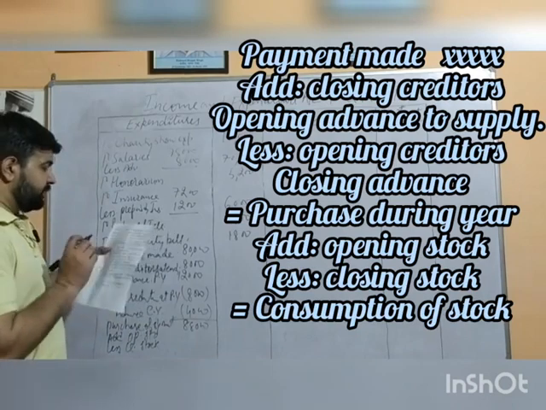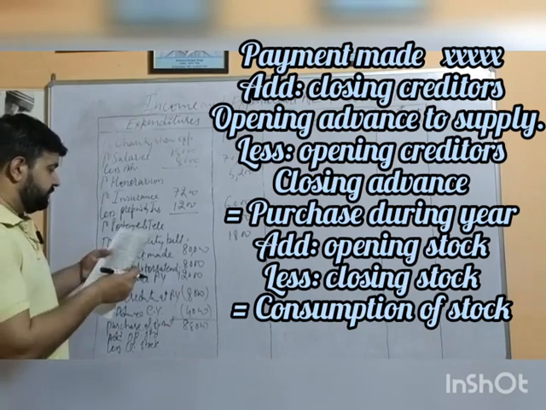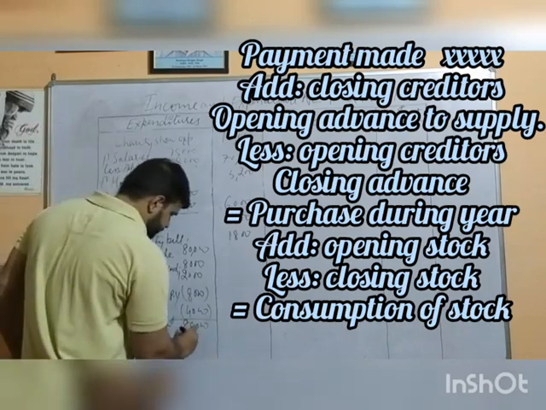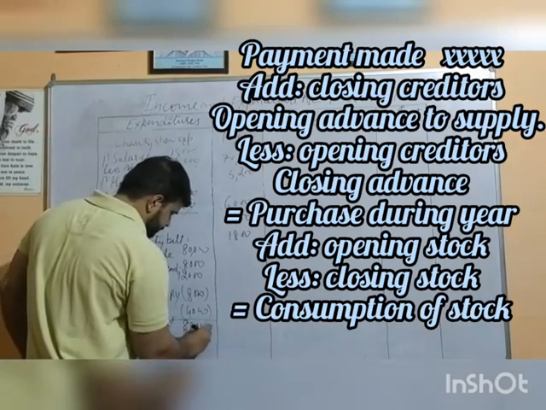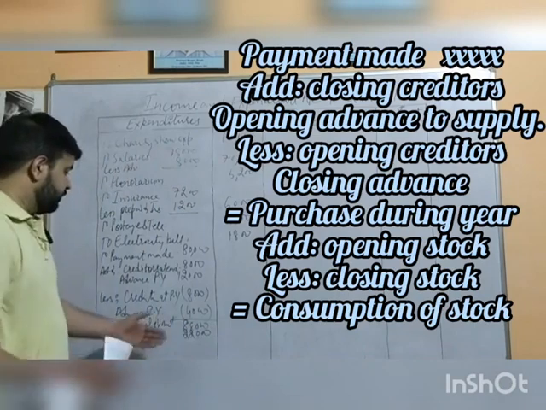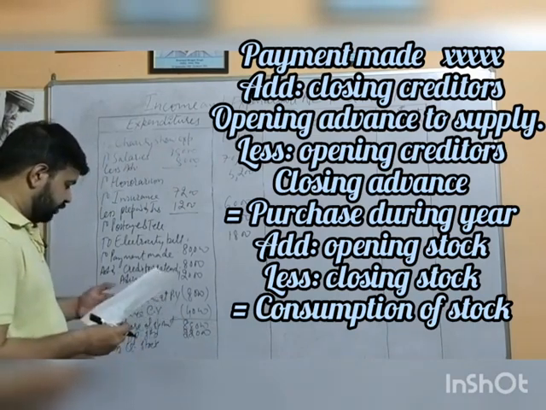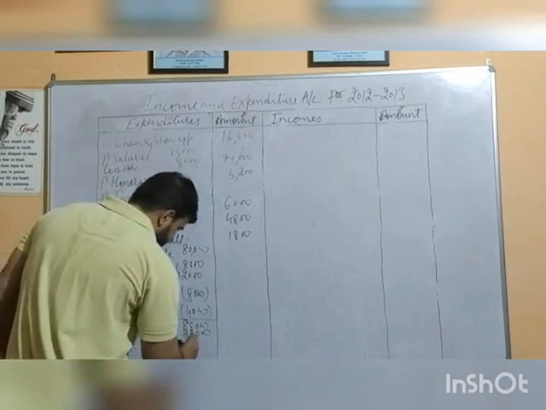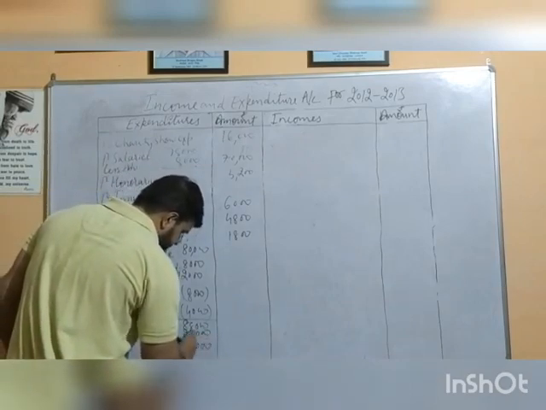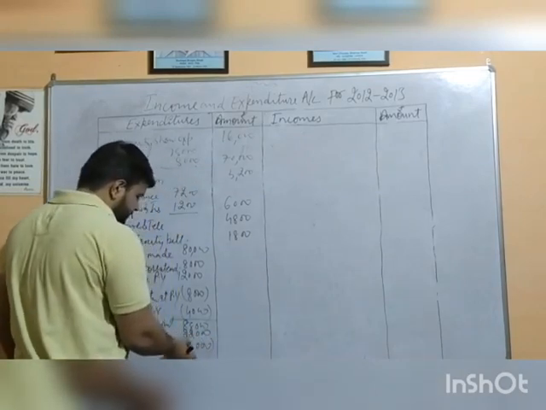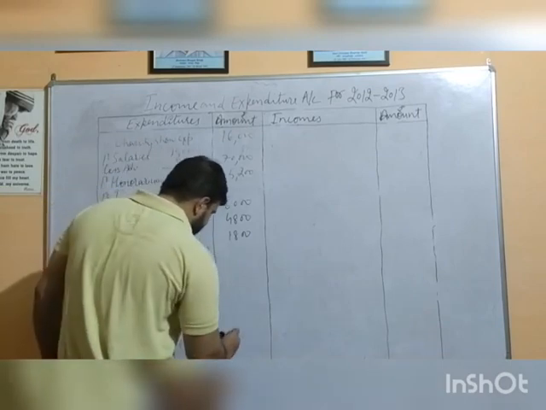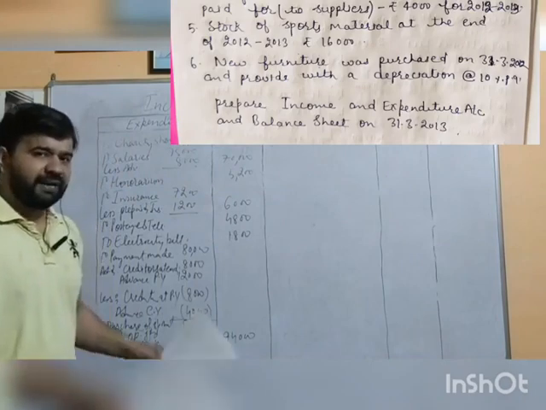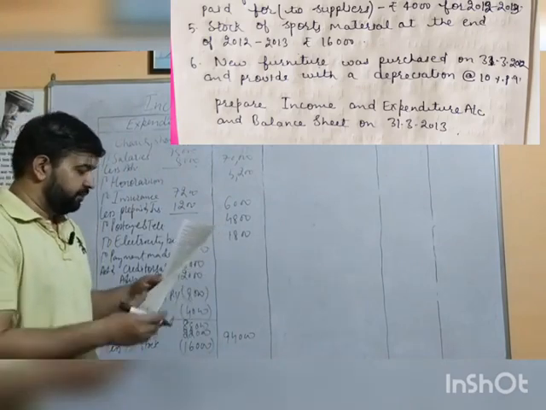In our opening balance sheet, we have the opening stock, given here as 22,000. It is going to be 1,10,000 less closing stock. Closing stock is shown in adjustment number 5, 16,000. It is to be subtracted. 22 minus 16, 6, plus 88, 94. So 94,000 of sports material stock we have consumed during the current financial year.